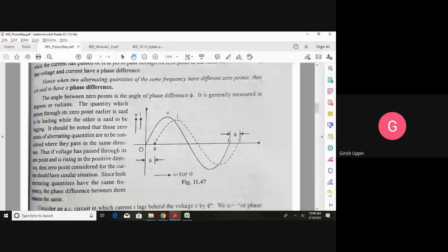It will have the same sinusoidal nature. There is no difference. The frequency of the applied voltage and the frequency of the resulting current will be exactly the same. What is the meaning of that? The time period of this voltage and the time period of the current would be exactly the same. The only difference is that you applied the voltage, but the current will not start immediately. It will start after a certain time. So we will see why this happens.